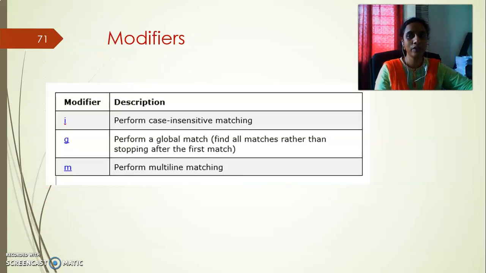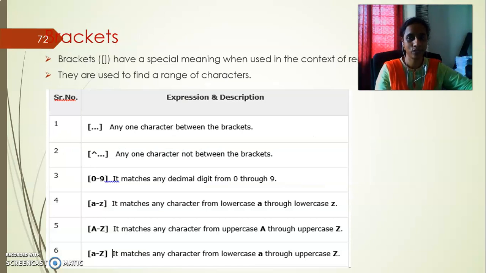You want to identify whether the name is ending with I or not, whether the name is starting with G or not. Like that you can find out. You can find out whether it is case sensitive or not. You can perform multiple line matching also. So let me show you with some examples in the next video how to write programs to detect these patterns. Right now we will study only the wildcard characters.